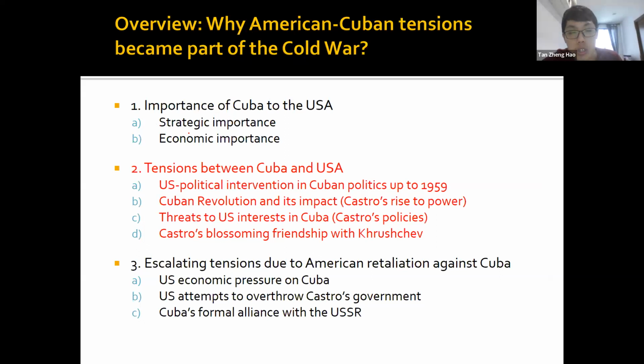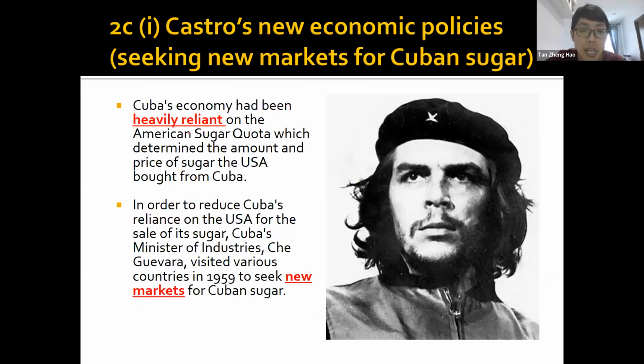So how else did Castro and his revolution worsen the tension with the US? The first thing Castro did was he wanted to take back the Cuban businesses. Initially, Cuba was very dependent on America. The US would buy the sugar that Cuba produced, and Cuba got to earn a little bit of money from that. But because it was America only, America did not pay a lot of good money for Cuban sugar and Cuban products, because Cuba was so reliant on America, so they could buy it at a very low price.